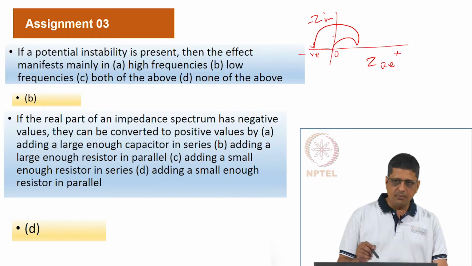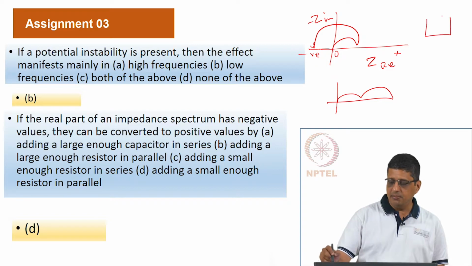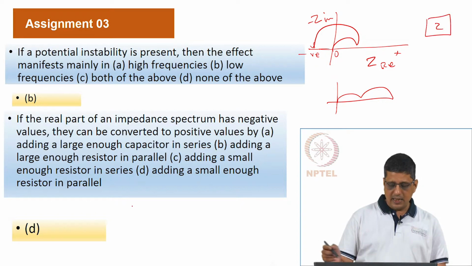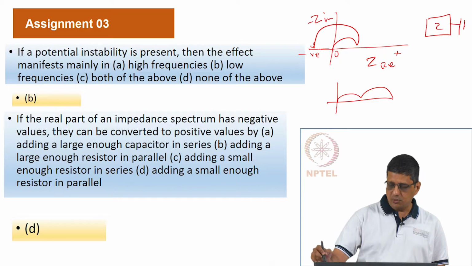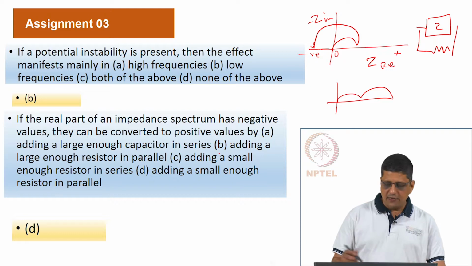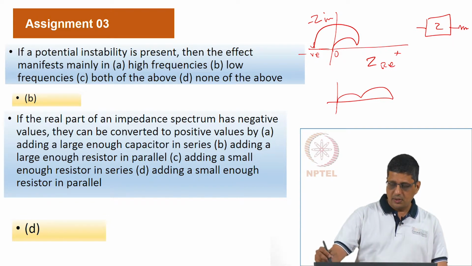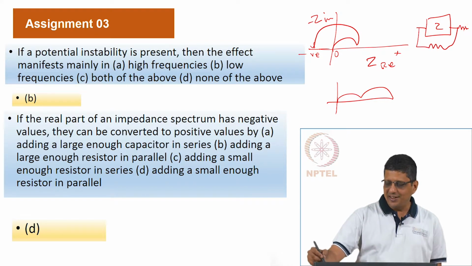Then this spectrum can be converted to a spectrum like this if we take this system and add a large enough capacitor in series, that is one choice, or a large enough resistor in parallel, second choice, or a small enough resistor in series, or a small enough resistor